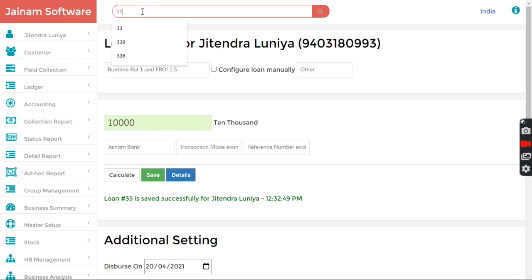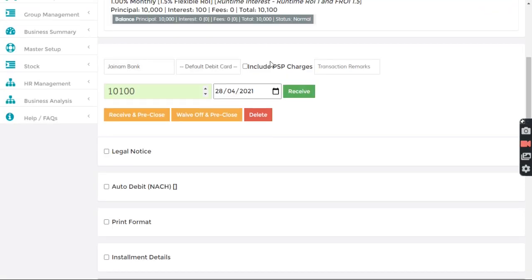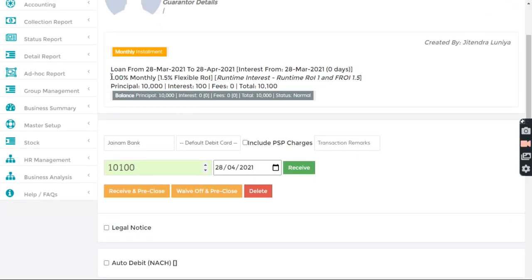I searched loan number 33. The installment date is 1 month earlier, and today's date is 28th. So the 1% monthly rate of interest will be applicable. That's why it's showing interest 100. If I change this to, let's say, tomorrow, the rate of interest will change.